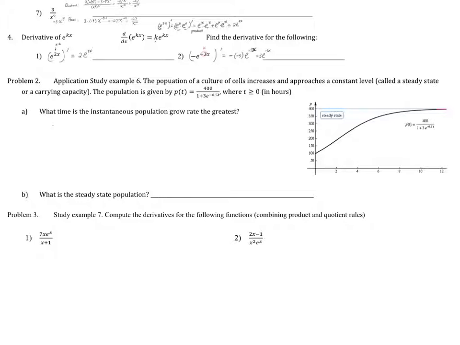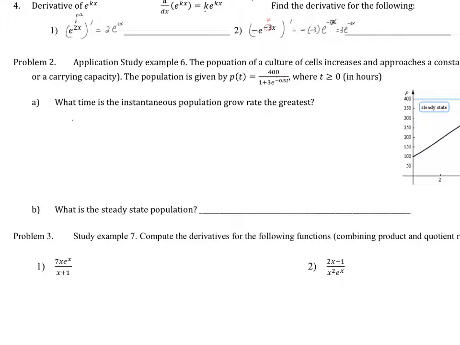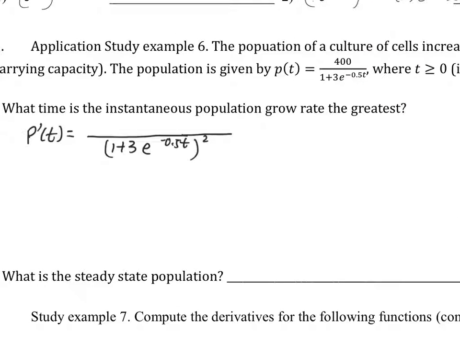So the first thing that we need to do is, let's zoom in, let's find the derivative of the population, so P prime of t. Now if you look at your function, you should use your quotient rule, right? So let's use the quotient rule. This is going to be equal to, the bottom is low squared, so 1 plus 3 times e to the negative 0.5t, squared. The top is low d high,